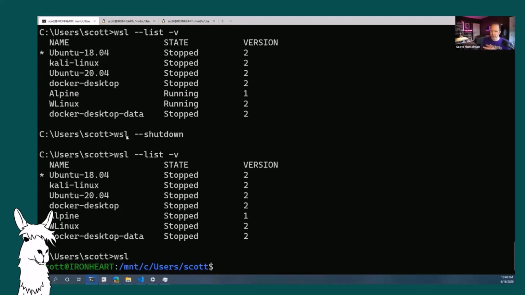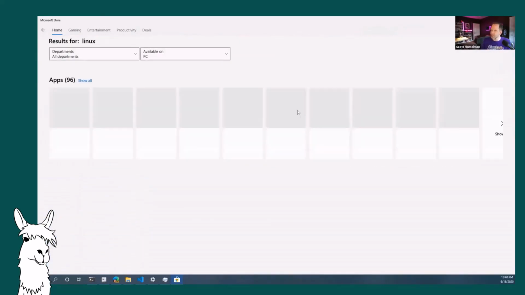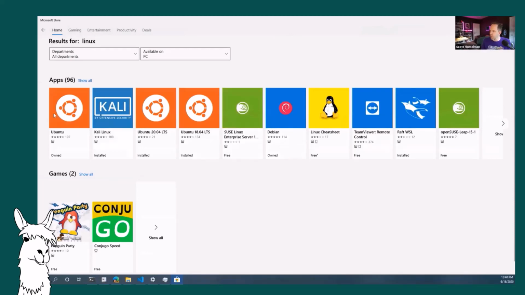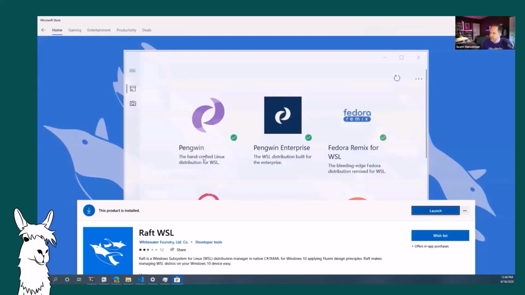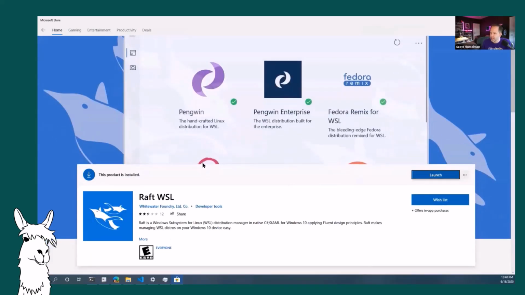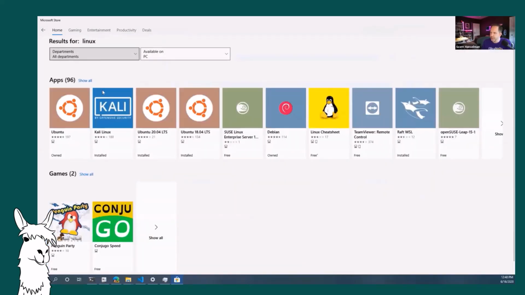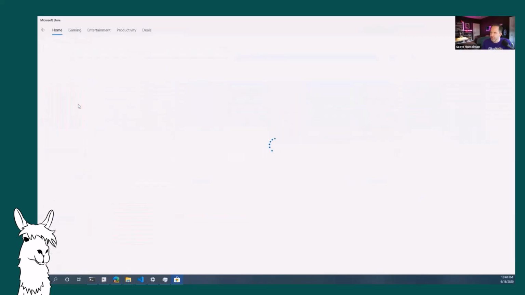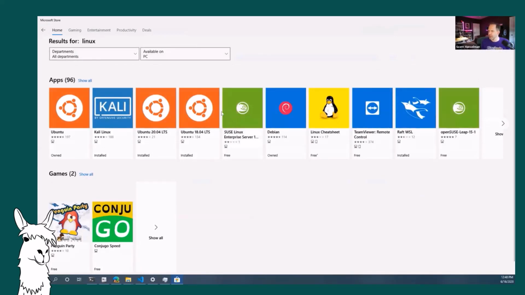Yeah, so David Ballone is asking, how do you add a distro? That's a great question. I skipped that part, and thank you for calling me out on it. What I can do is I can do it two ways. First, I can go to the Windows Store and literally just type Linux. And I can pick one of the Linux distros. This one is the only one that costs money. It's really, really cool. I think it's like $10, but it's basically an optimized version of WSL, a custom version. But there's also free, lots of Ubuntu. All of these are free. Ubuntu is the default. LTS versions are a good thing. Debian, you can do all kinds of good stuff. Or